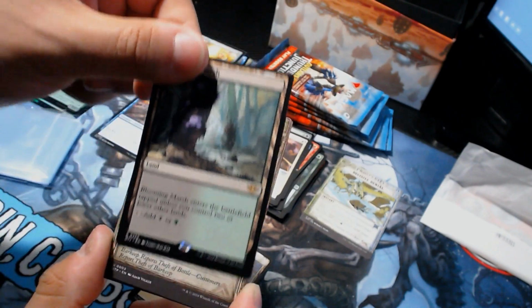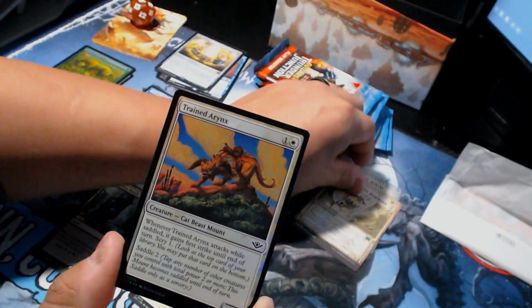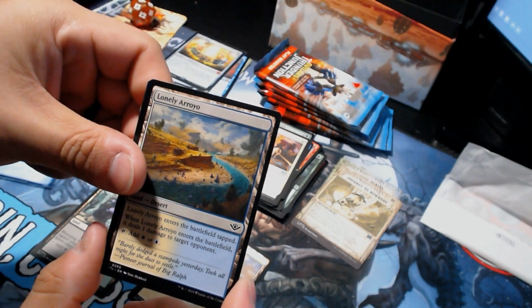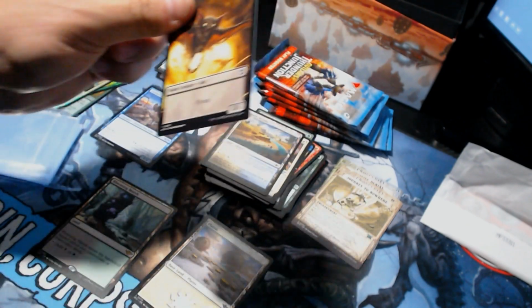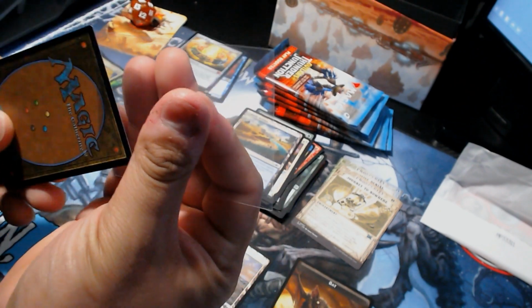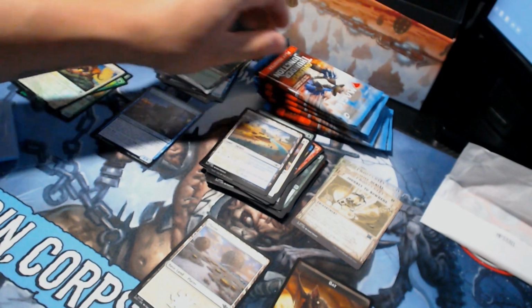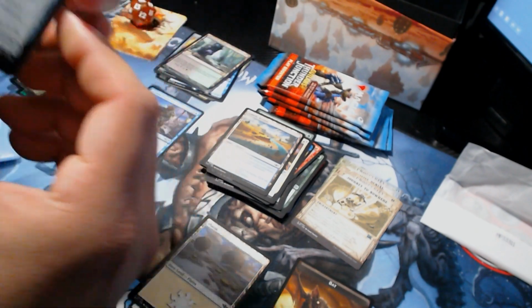Oh, we got a Bloomin' Marsh. That one's actually pretty cool. Journey to Nowhere. A Trained Arnix. A Lonely... I don't know how to pronounce that. That one goes in there. We don't have a token. That Bloomin' Marsh is pretty, though. I'm glad to see the Fast Lands getting a reprint. I don't know how much they'll serve us in the standard meta, but,